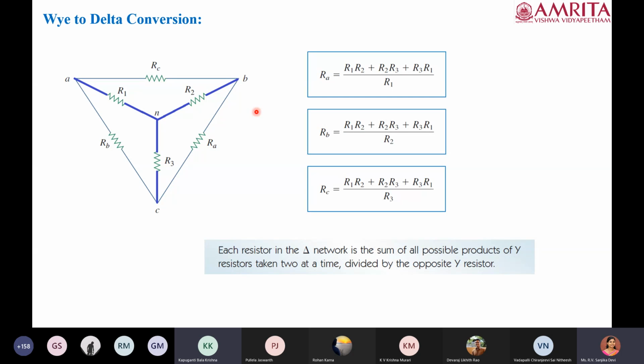In the same way, we will also learn the delta to Y conversion. Have you all copied this? Ma'am, 1 minute, ma'am. Ma'am, also will you explain the practice problem which you have given yesterday at the end of the session? That's what the practice problem solution we will discuss in tomorrow's tutorial hour.